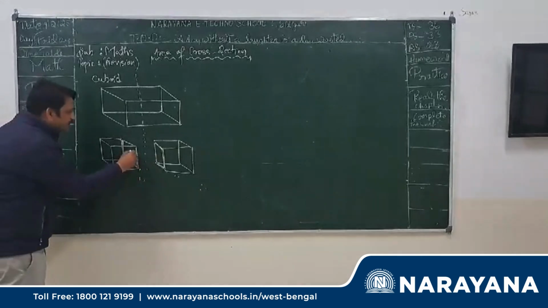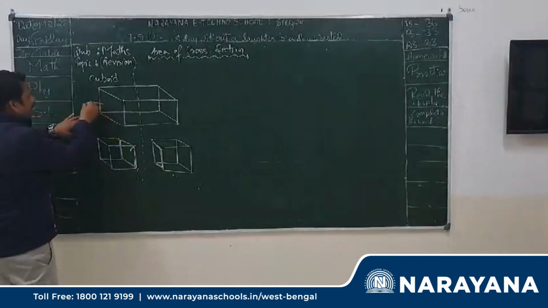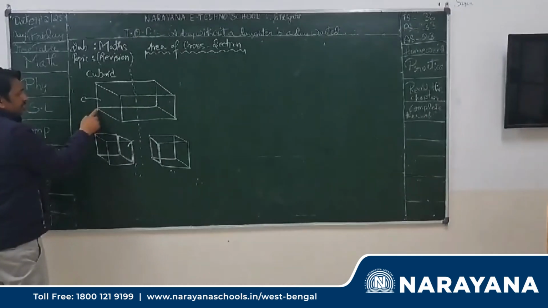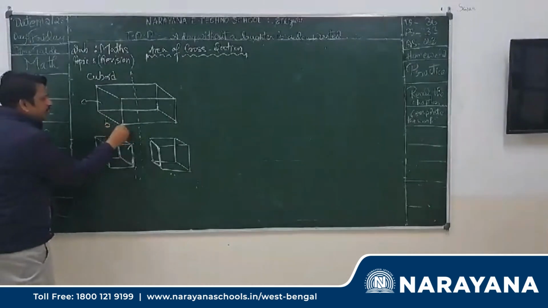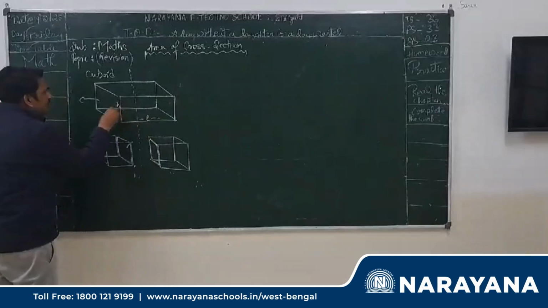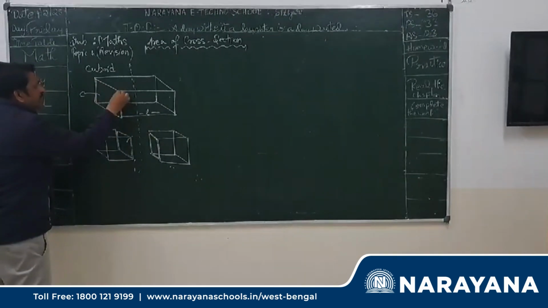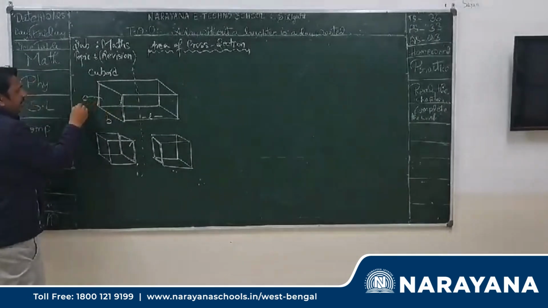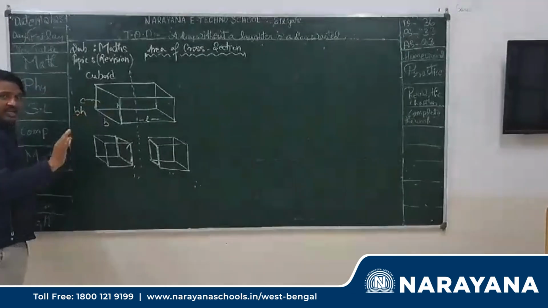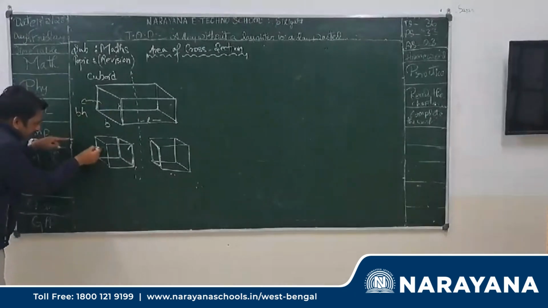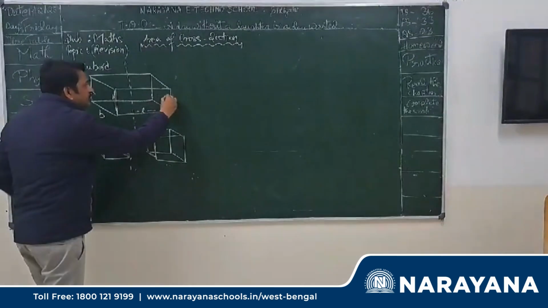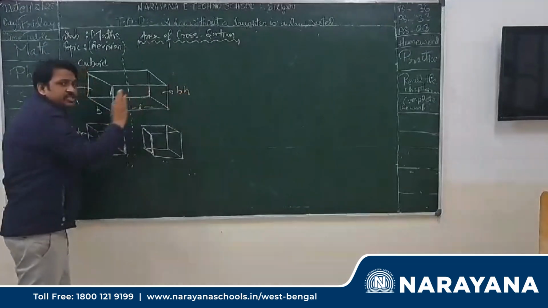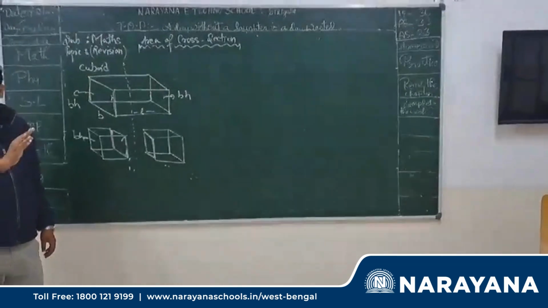Okay, so what will be its area? Tell me, the area of this part is what? Basically, it is a rectangle, so length into breadth. But here I am taking this as breadth, this as length and this as height. So according to the formula, this wall has the area BH. Clear? Here also it is BH, base into height, base or breadth into height.